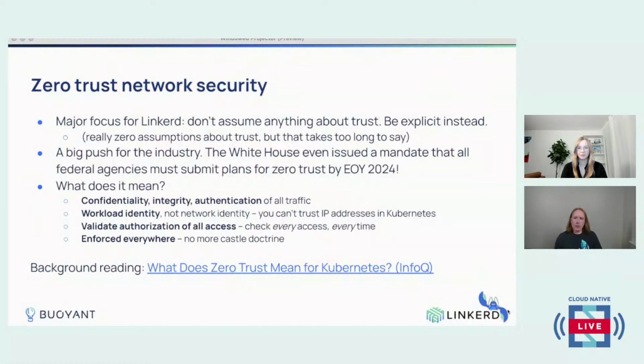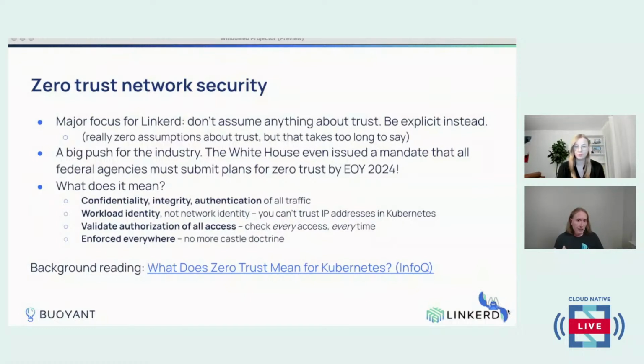When you talk about distributed applications, like we do all the time in the cloud native world, some of the impacts that Zero Trust has are, first, you don't get to assume that the traffic between your workloads is safe or that it was what was actually sent. So you need mechanisms for confidentiality and integrity and authentication. You cannot assume that the network is trustworthy. You cannot assume that IP addresses, for example, won't change under you, which means that you really need to be thinking about identity in terms of workloads, not the network.